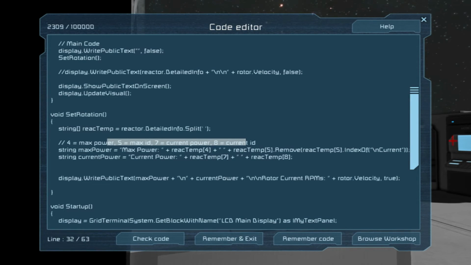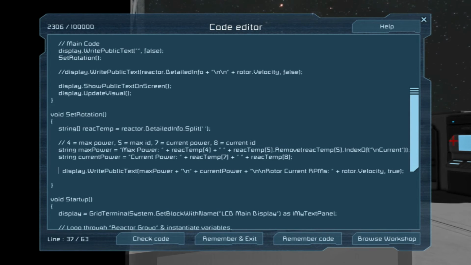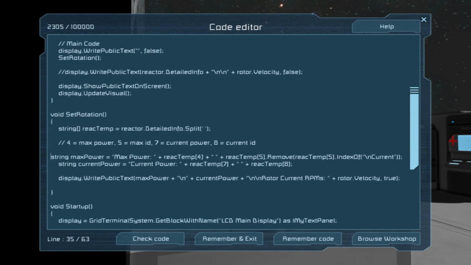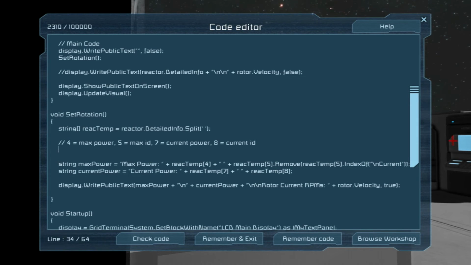I tell you what, here's what we're going to do. We're going to keep this stuff so that we can keep displaying it. But I am going to actually clean some of this up. So first of all, let's clean up this one. Reactor temp 5 equals... we're going to do this here. Let's copy you, and then we can actually get rid of this. I know I'm moving stuff around a lot and kind of repeating stuff, but it's because I'm coding this live, so it causes some stuff.